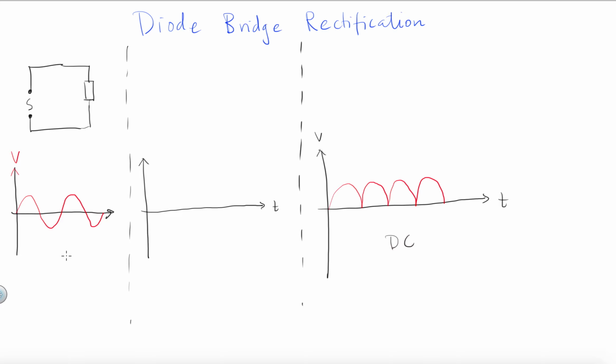We want to go from AC to DC, basically, where the current goes in both directions to where the current only flows in one direction. And we do that using something called a diode bridge. So let's start off by rectifying our wave